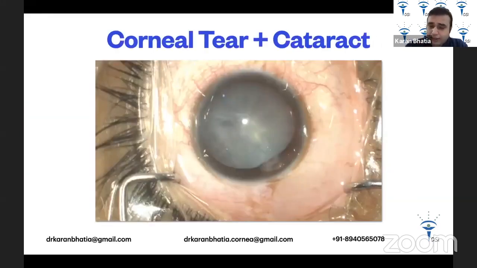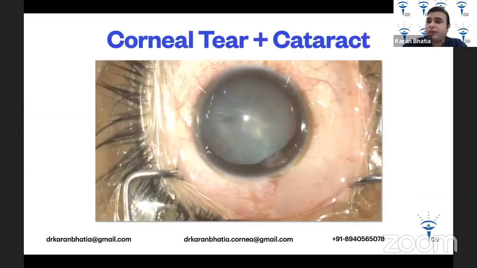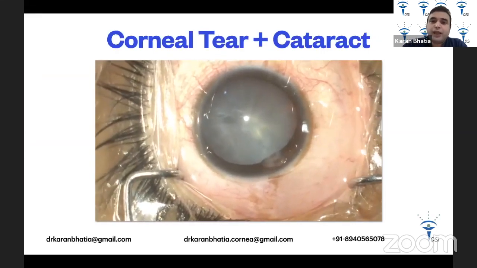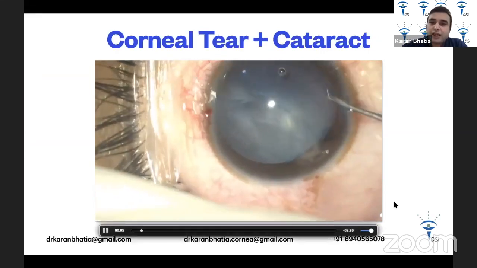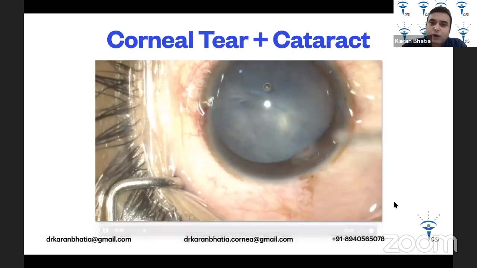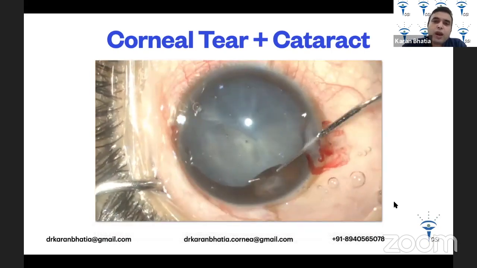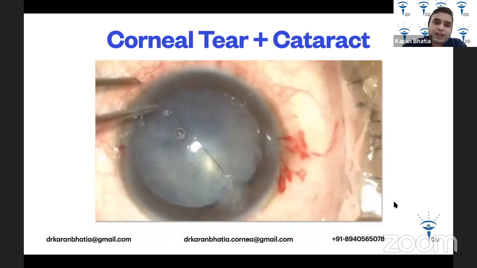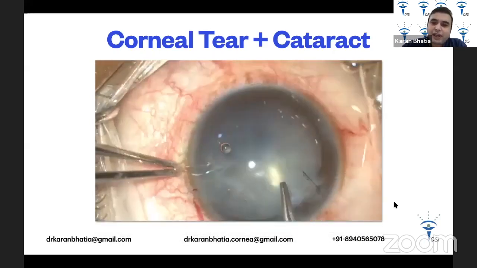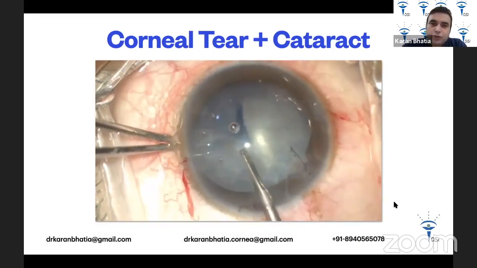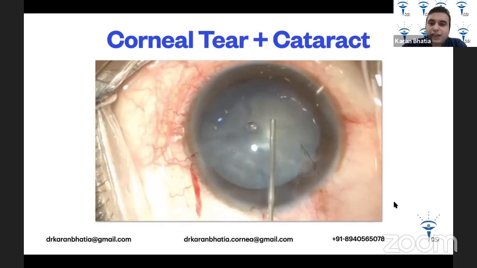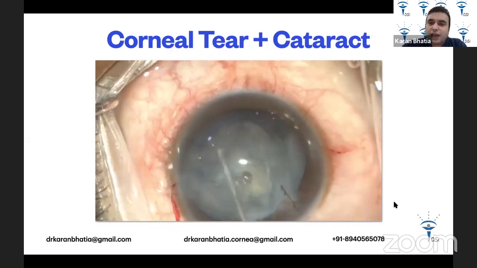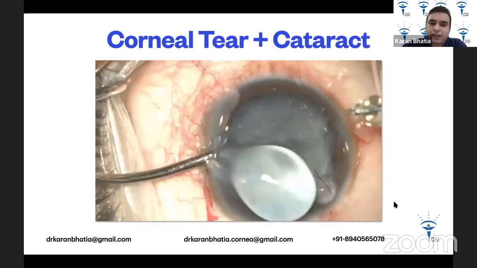So let's look at this surgery over here. This was a corneal tear with a cataract that this patient presented with. Since it was a very small tear, what you have to do is stain with Trypan blue, and you can see the capsule edges nicely. Once that's delineated, you can repair the corneal tear. Only one suture was required. Then this anterior capsular tear has been converted into a rhexis somewhat.